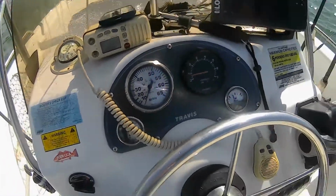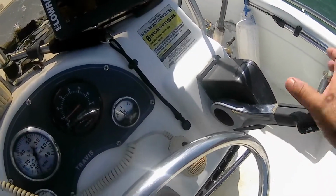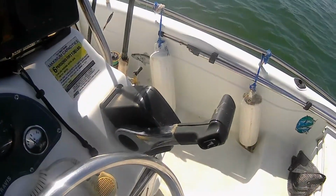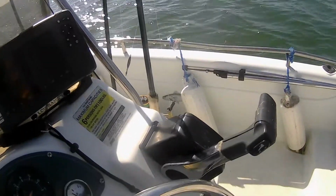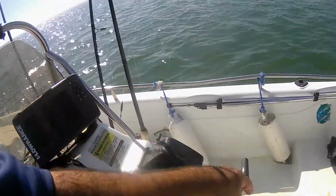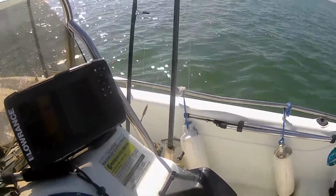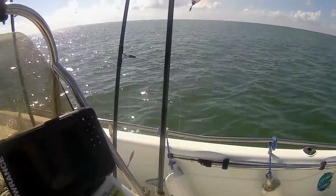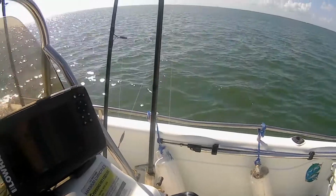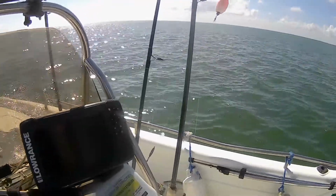So now that you started it, once you go to the center, you will reset, and again the transmission will be engaged, the prop will be engaged, and you're ready to go. But it's a very good idea to do this, especially in the cold days. You can throttle up for some reason and not move. See, I'm not moving because I disengaged from the prop. Like if you want to warm up the engine or something, you can do that. And the cold days comes in handy, come December and all that. So anyway,